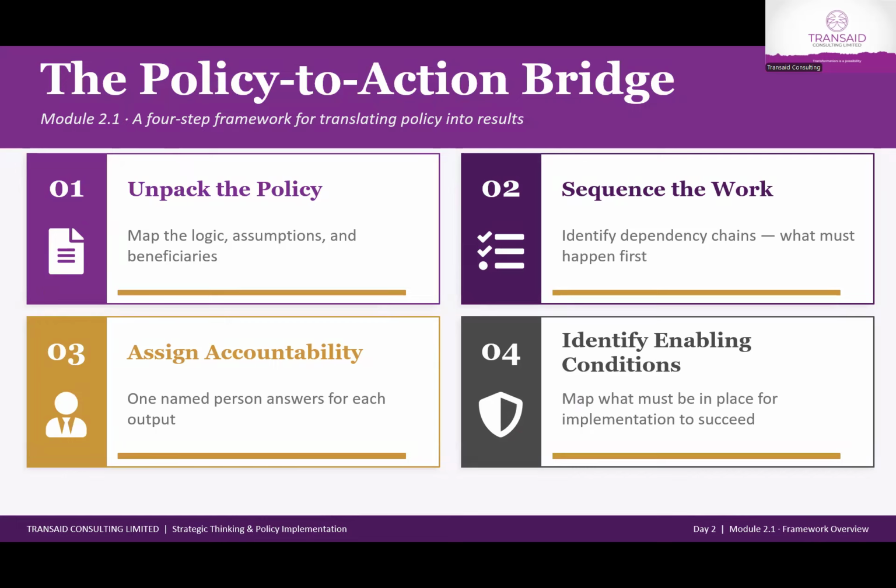So I want you to see, first of all, the policy as a destination on a map. I'm going to Afghanistan. It's a destination on a map. It's a desire that you want. Now, this 4-step framework is going to help you get to that destination. So you see it as your GPS navigation that will actually get you there.